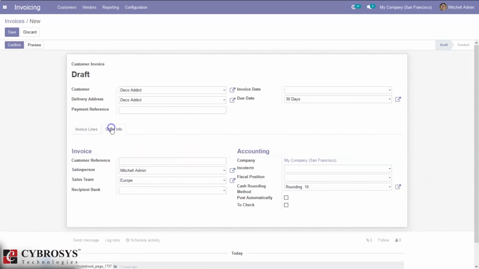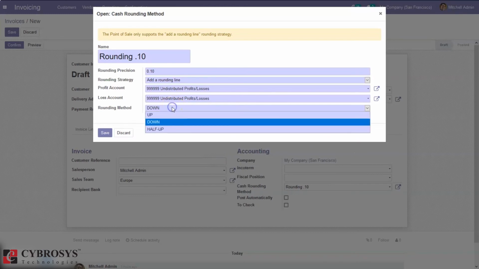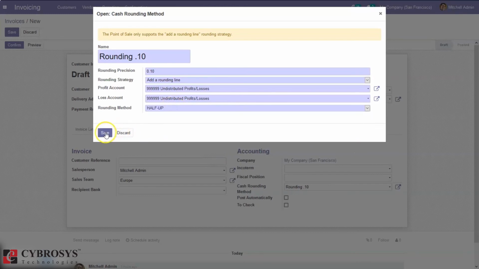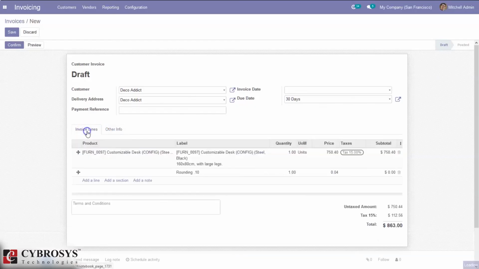Then if you change this rounding method to half up, and after saving it,